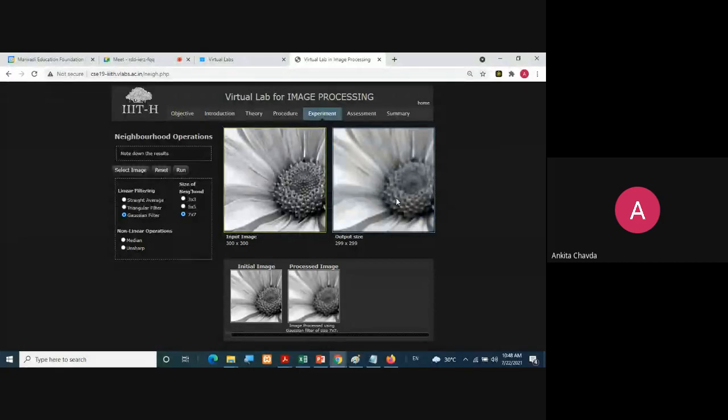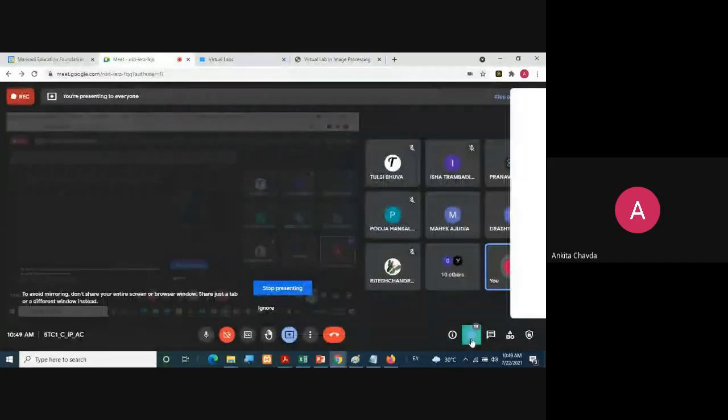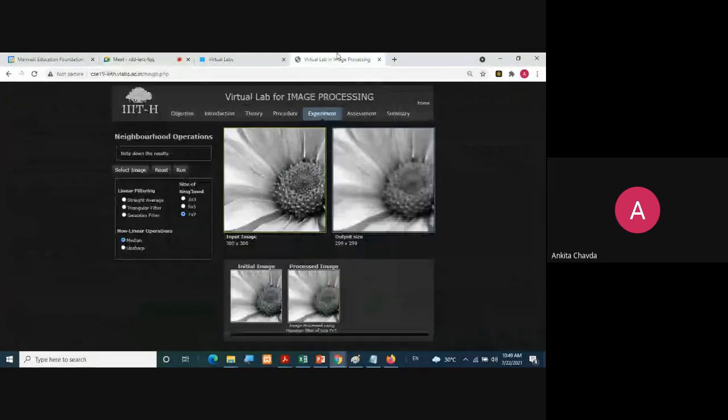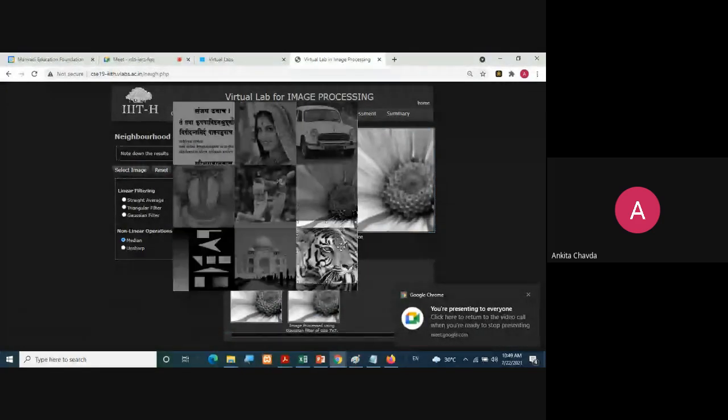Then you can try the median filter. See here, what is the median filter about? The median filter is used to remove salt and pepper noise. Salt and pepper noise means I showed you an image where there were white and black dots. I don't have exactly that image in this virtual lab, but you can check with this one and this one.